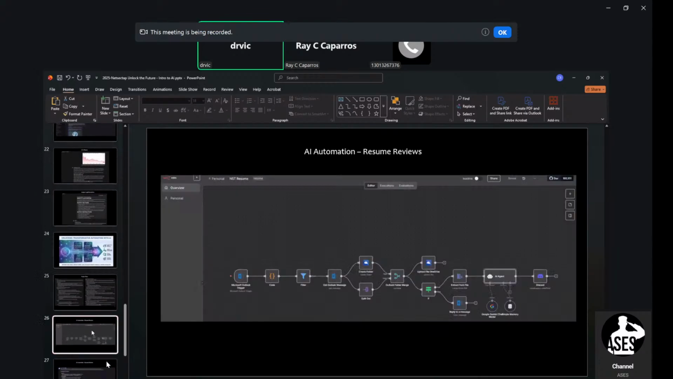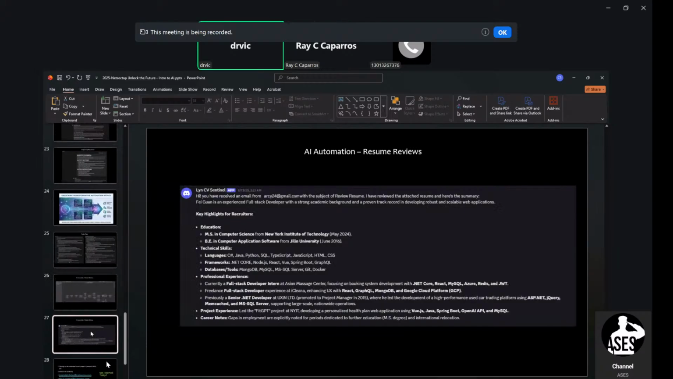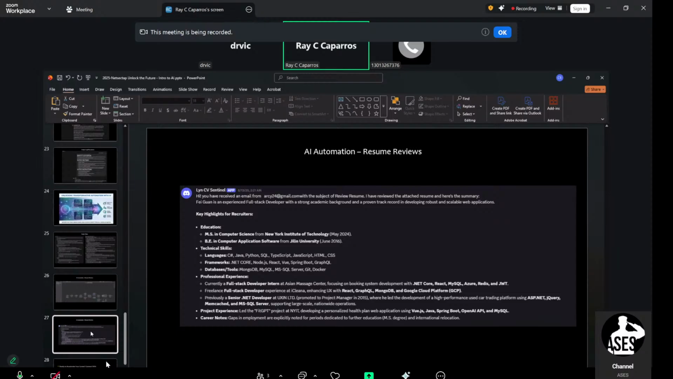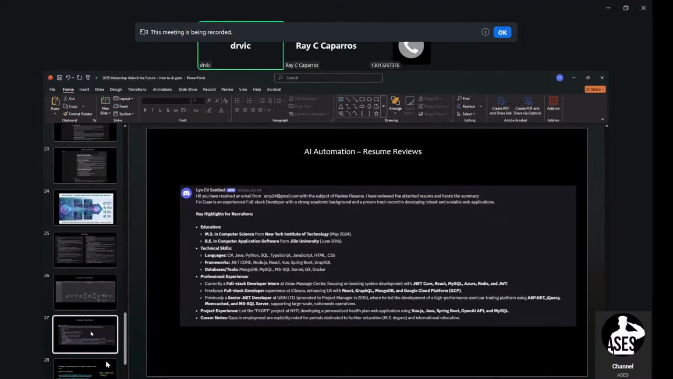Yeah, that's the workflow, and then the next page was 27. That was the output. Yep. Yeah, I think that was good. It shows not only this is the workflow and this is the output, so people get a chance to see